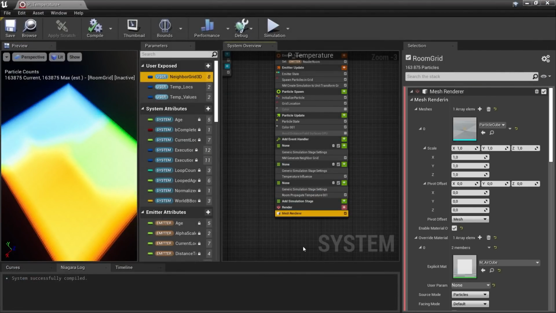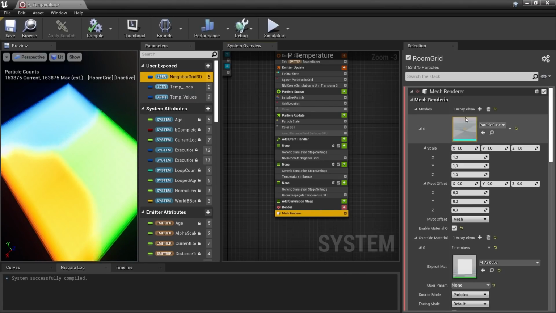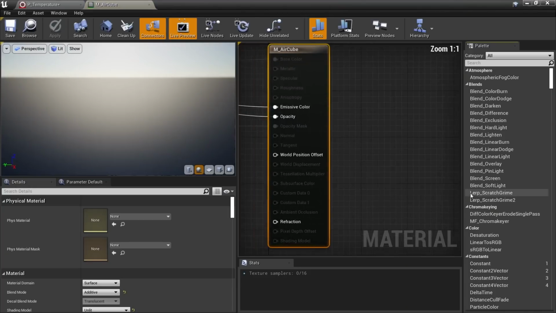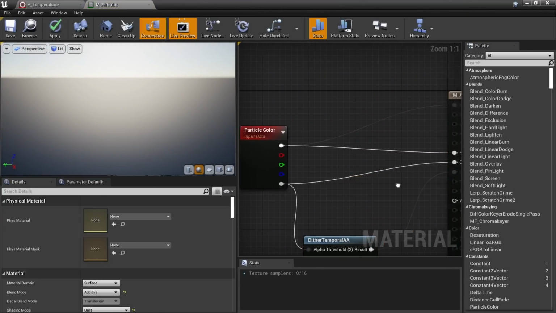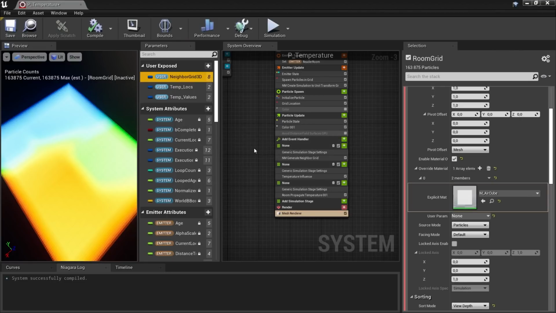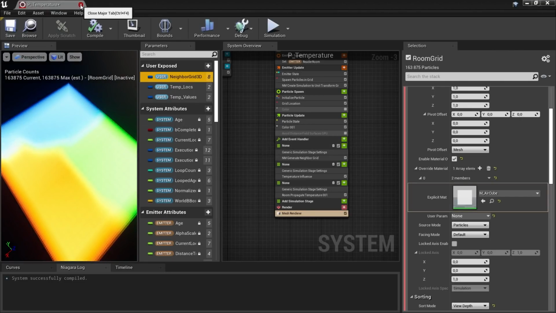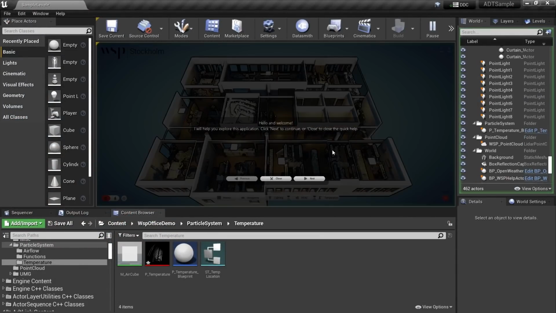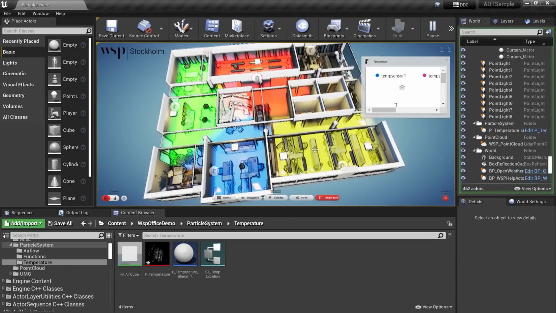And then lastly, we have a mesh renderer, and if we uncheck this one, we get probably nothing. So the mesh renderer is fairly straightforward. It's a cube, and the cube has a material, and the material basically just sets the color and opacity. I don't think this node is being used. And then for this one, I also sort of want to show how this reacts dynamically. So now let's just first check that it works. Yeah, still receiving live data like before.